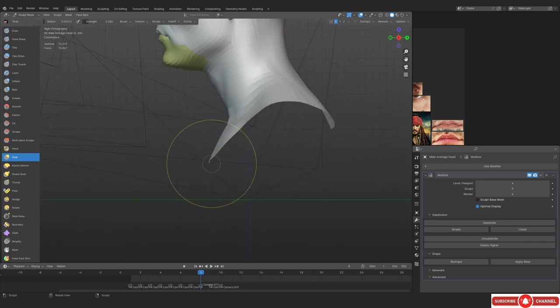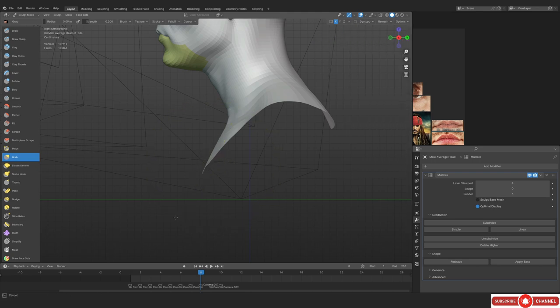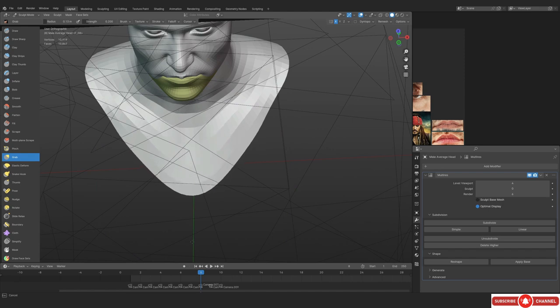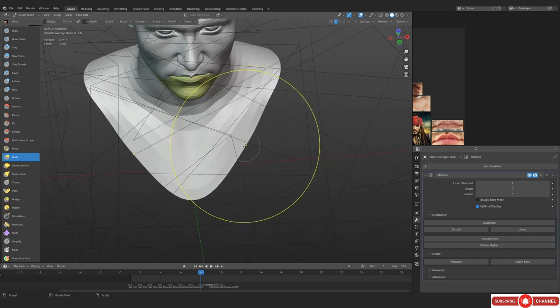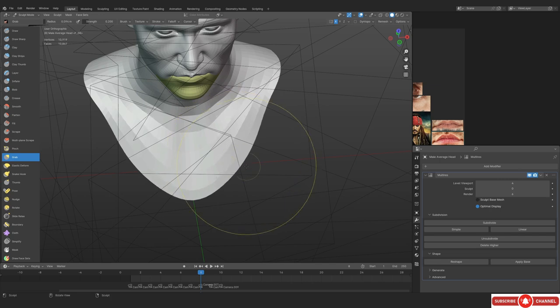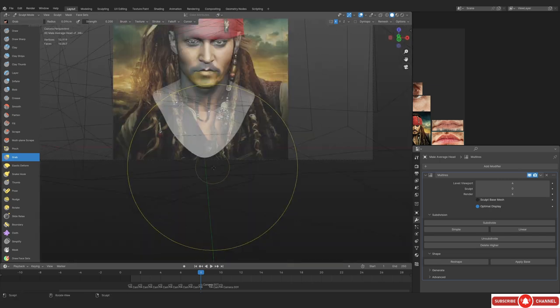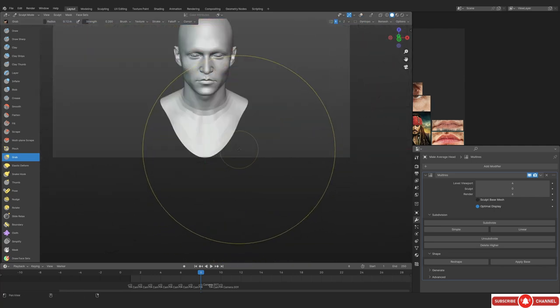And if you want to, you can just remove symmetry. In this case, I'm not really doing that. And make sure that you don't accidentally change the neck volumes, so keep your brush small enough. Yeah, you can see that I just did that right now. So I'm gonna have to fix this part manually now, because the collarbone is gonna get messed up, right? But yeah, you can just do this, and I'm gonna push it down a little bit more.